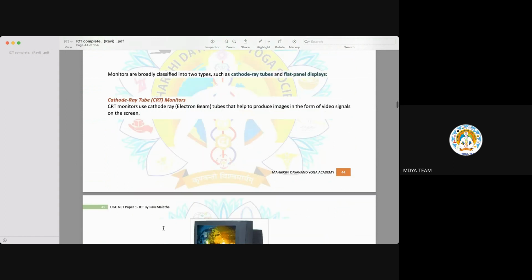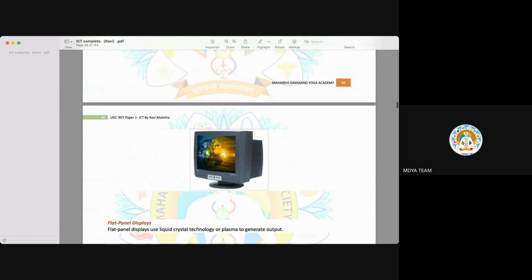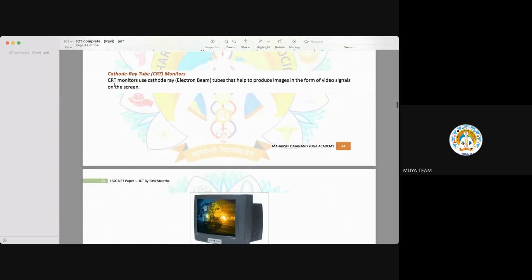So CRT monitor looks like this. It occupies more space, and this display board is also somewhat of a curved surface, a curved display unit was there, not a flat one. The full form of CRT is cathode ray tube, all right,